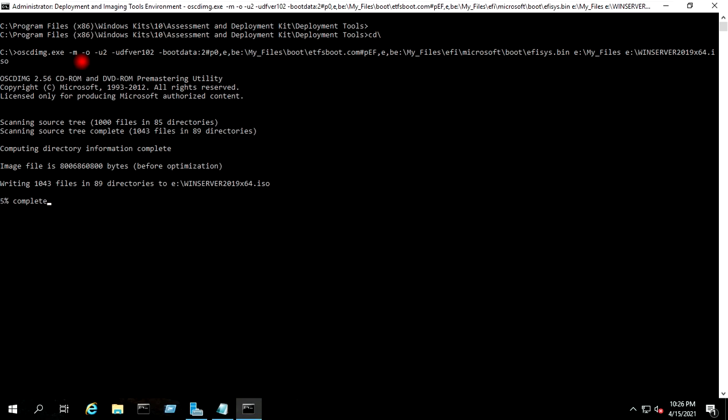Final ISO creation is in progress. The final ISO for the Windows Server 2019 is about to complete.